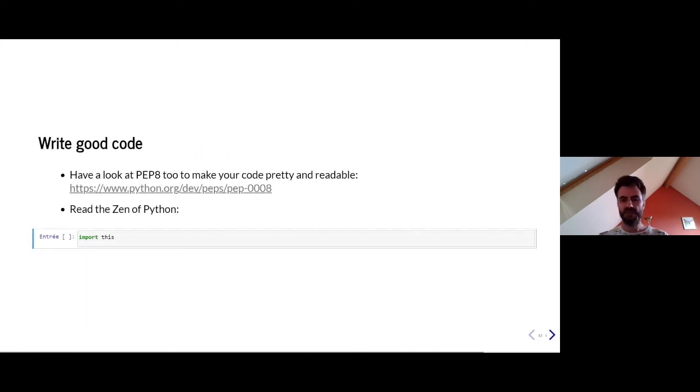And then to write good code in Python, you have two sources of good practice. You have the PEP 8 rules, which is a set of rules on how your code should be formatted to be readable, and that allow all users to have a consistent syntax. And then you have the Zen of Python, which you can get by doing import this in Python,